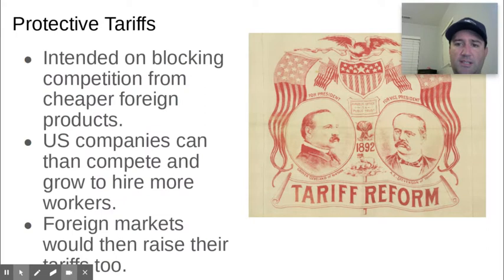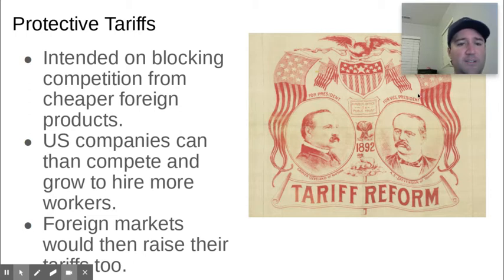Some of those government policies were very much pro-business. During and after the Civil War, the radical Republicans that were in charge were really focused on nation building. Part of that nation building was to build the railroad systems up, including the Transcontinental Railroad. But others was to try to help boost American industry to compete with other industries around the world, particularly England, who were the leading country in industrialization at this point in history. So they wanted to give an advantage to American industries by creating what we call protective tariffs.